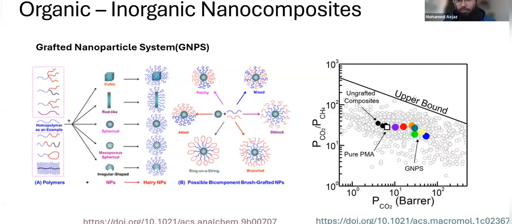Like I told you at the beginning, the whole point is you are developing all these better materials to have improved gas properties. And do they improve? The answer is yes. If you look here, this is a pure polymethyl acrylate. Here you have a permeability that's around 10, but the selectivity is high. But you also want this permeability to be high and the selectivity to be high. So if you add nanofillers to pure polymethyl acrylate, then you end up creating a nanocomposite, a grafted nanoparticle system that has now improved selectivity.